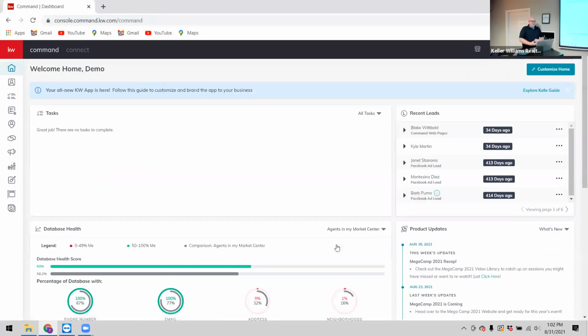Alrighty, so we are signed into Command. We have contacts in our database. At this point, you would have contacts in your database, and they usually have a phone number, an email, and a neighborhood would be the best. So when we go through adding our smart plans to combine them into a 36 touch, it is going to be,